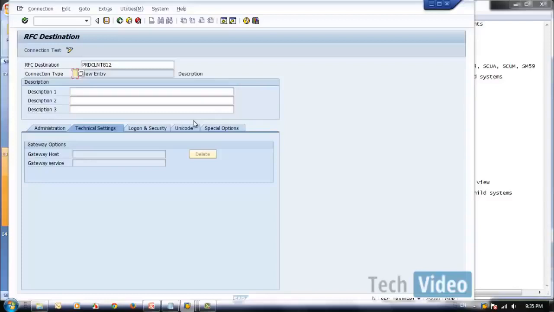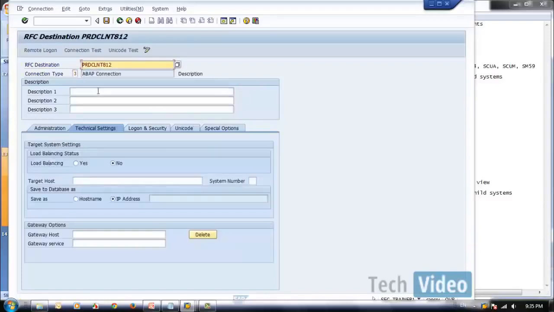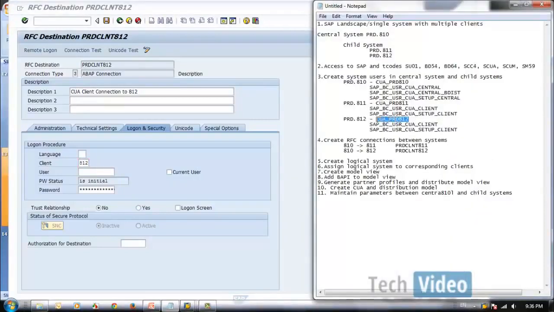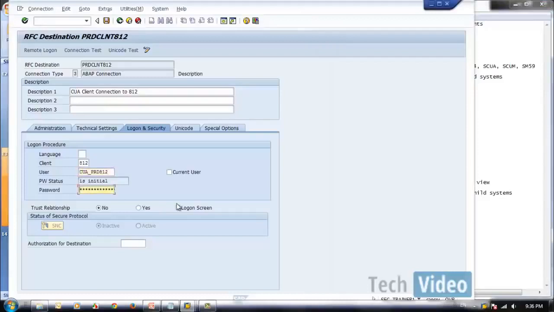Create, say CUA client connection to 812. 192.168.1.52 is my IP address, 00, and next client is 812, and the user in 812 is this one, and password.